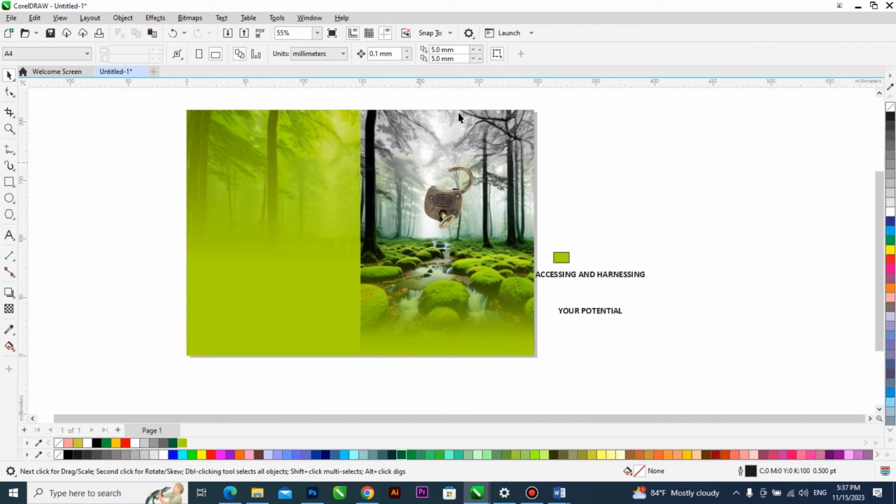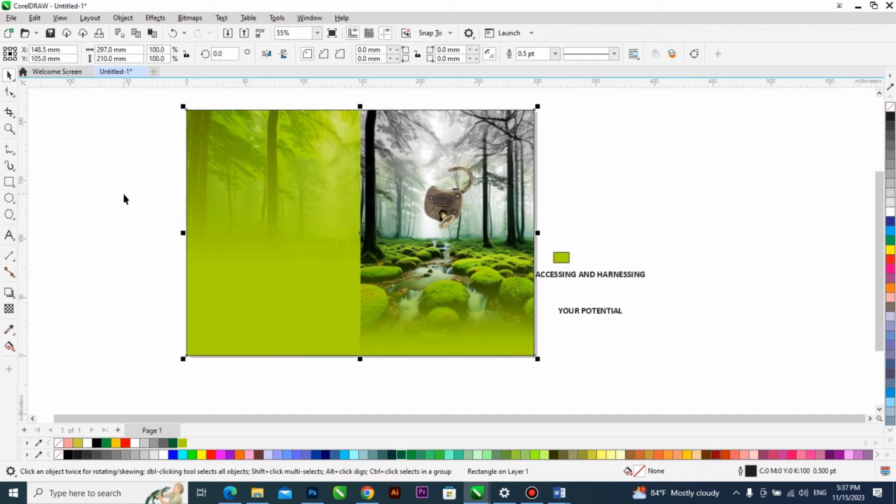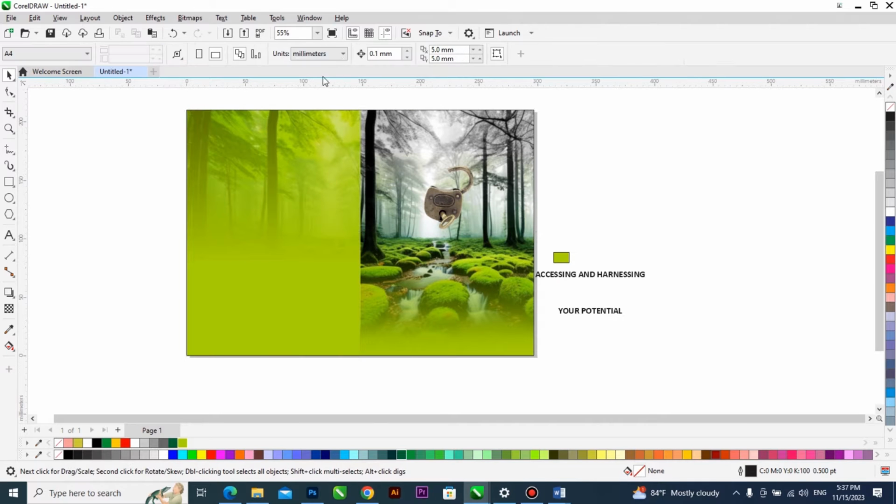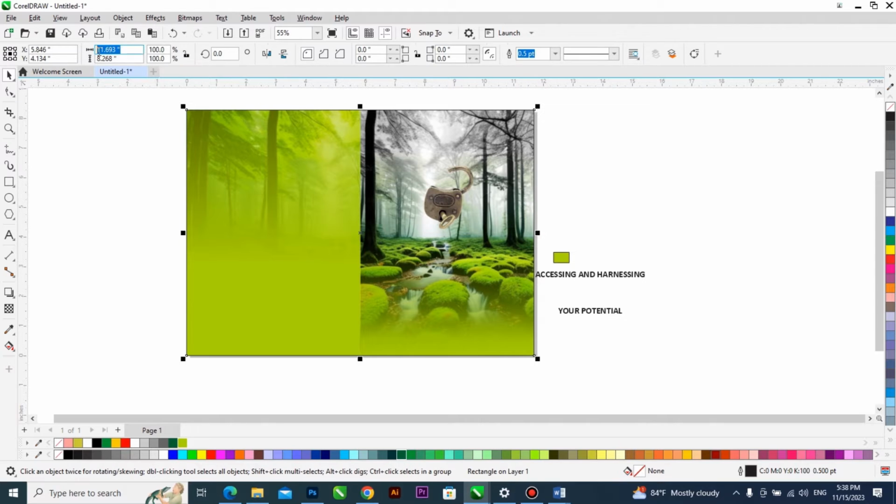Now, of course, here is the front and here is the back. We have what we call the spine. For those that know what I'm saying, the spine is usually at the center of the front and the back. So what I need to do is double click, and it will still fit into the A4. The spine depends on the volume of the book. I can make it